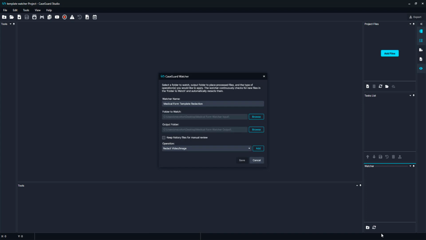Please note that the input and output folders can also be on the cloud, like an S3 bucket or the local network, and not necessarily on your local machine. If you want the option to review the redactions placed for editing purposes, click the Keep History Files for Manual Review button. With our Watcher named and the input and output folders chosen, select Redact Document from the Operation drop-down